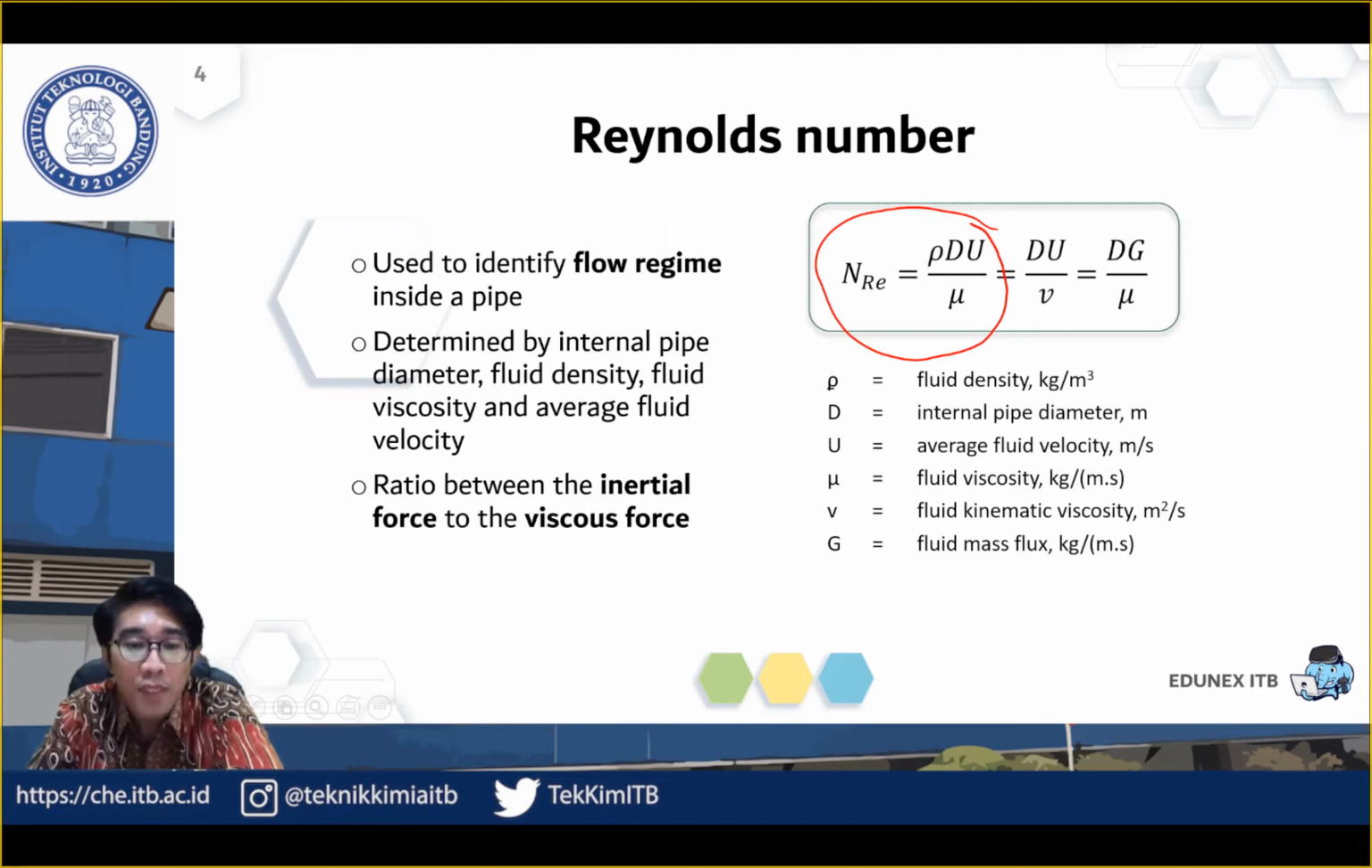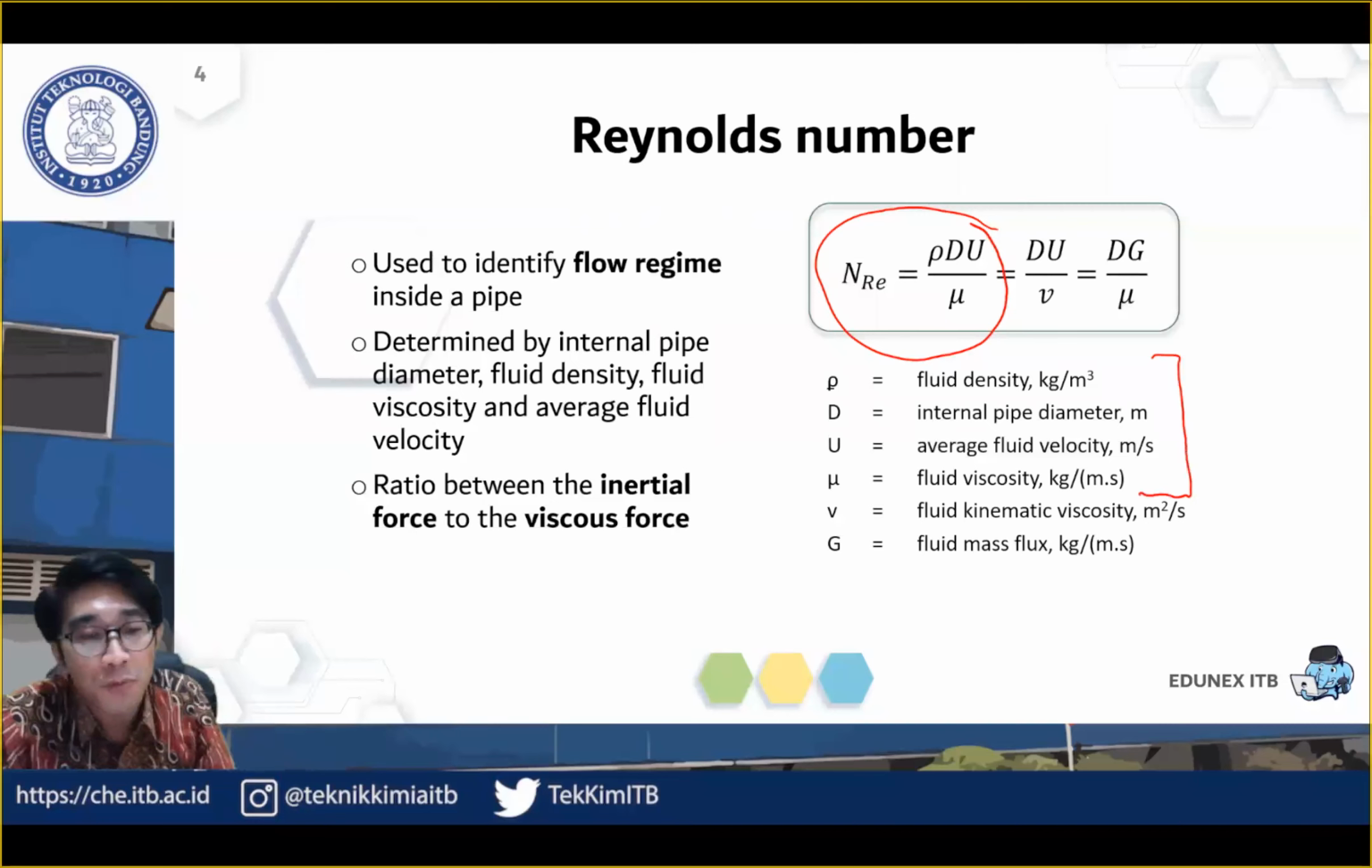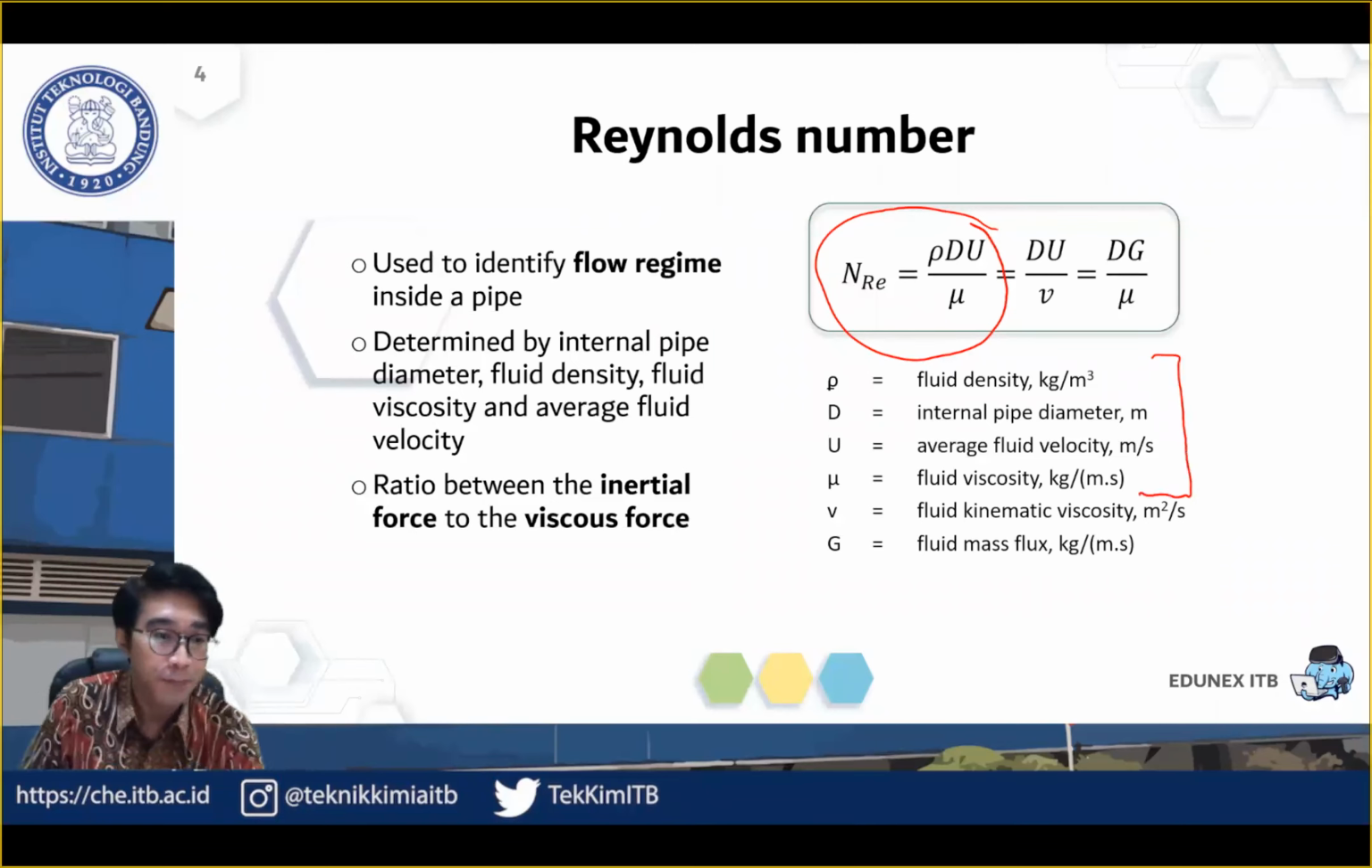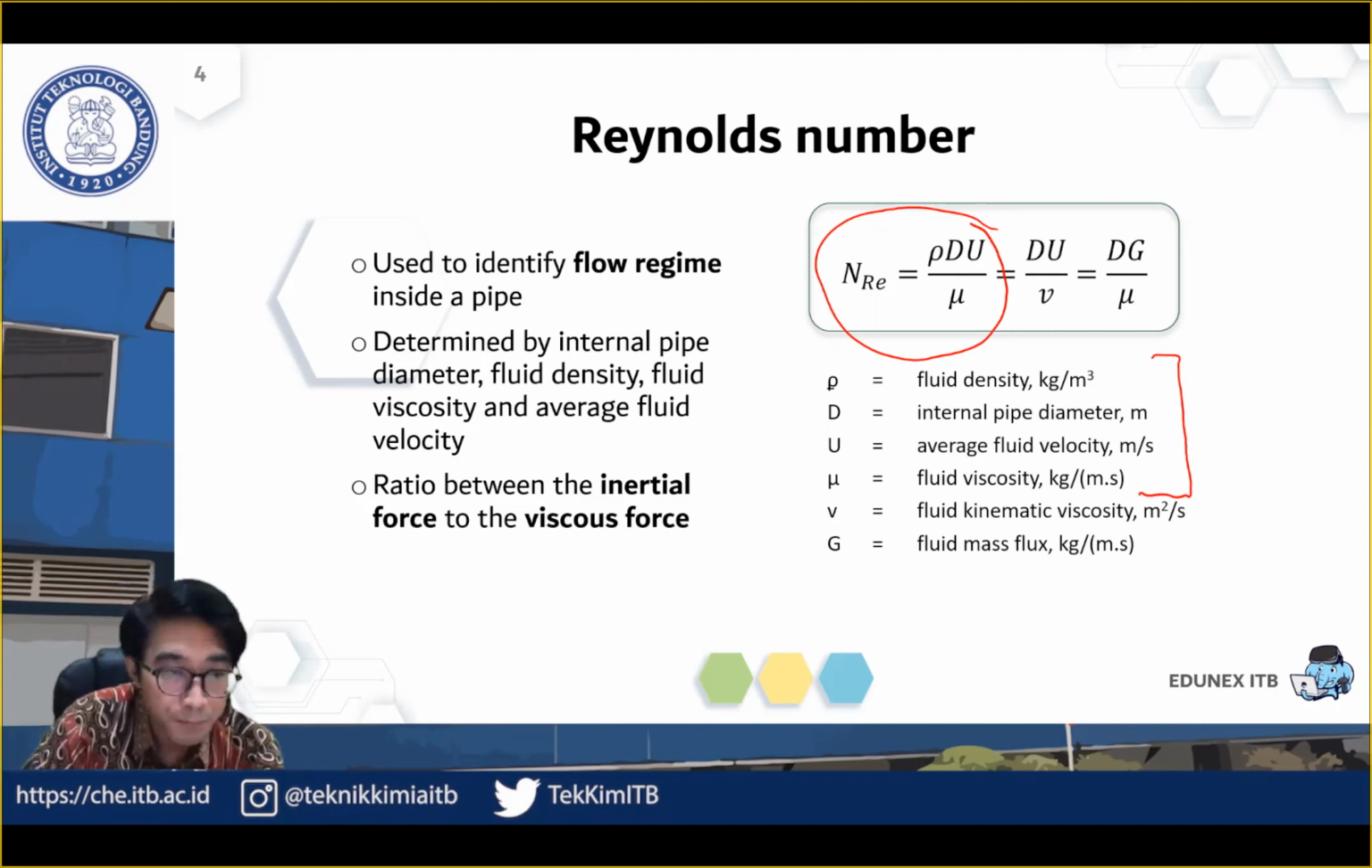And then times the average fluid velocity, divided by the viscosity. So see, these are the basic parameters used to calculate the Reynolds number. So basically, the Reynolds number is the ratio between these two. The top part, the numerator, pembilang,